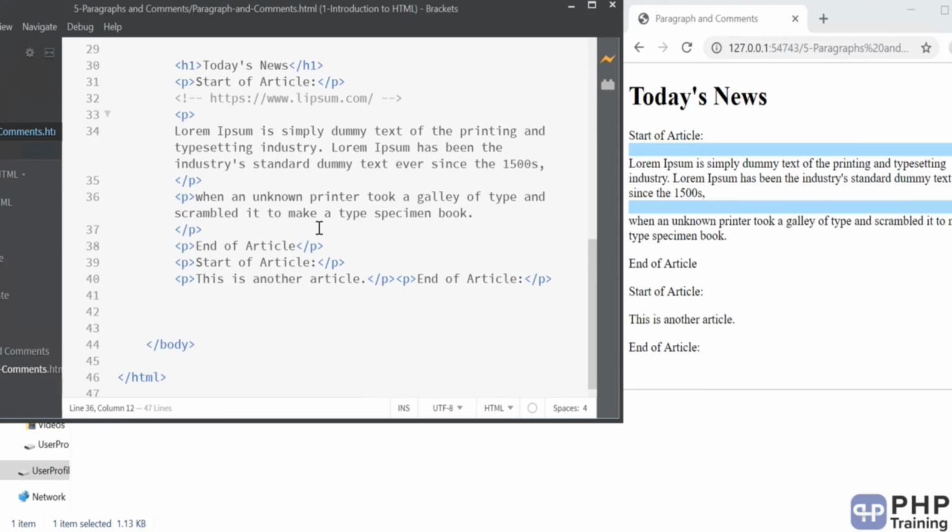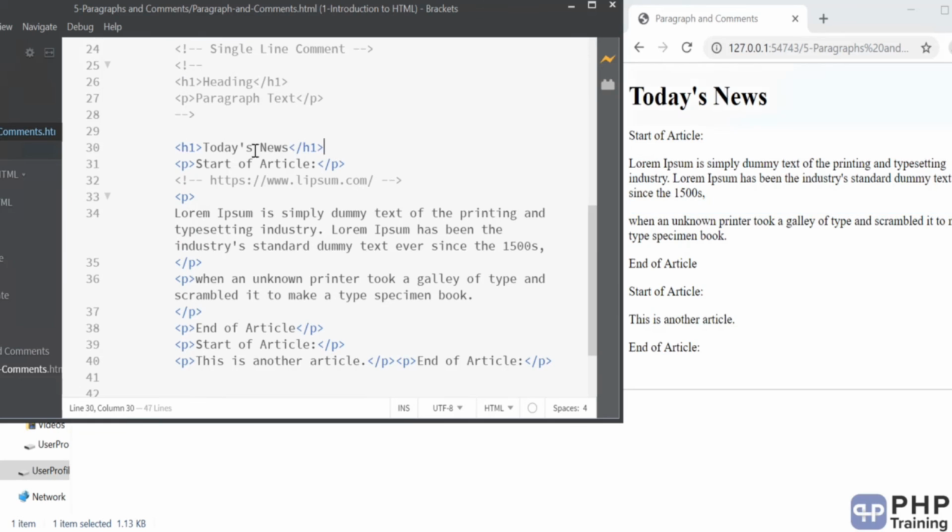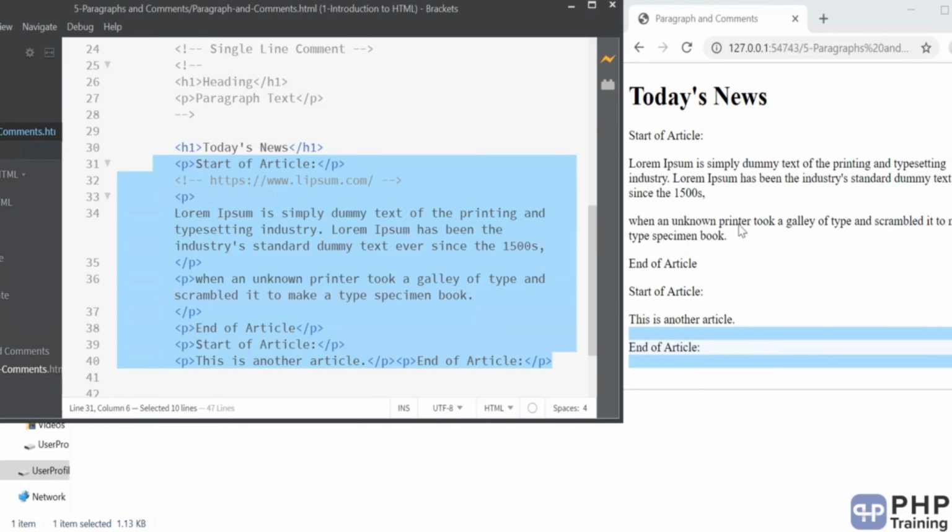Paragraphs are really paragraphs. When you want to write text on a browser, you write it in a paragraph, and the most useful use case of writing paragraphs is writing blogs. If you're writing blogs, you want to display headings and content. Headings will be handled by h1 to h6 tags. The paragraph will handle all your text.